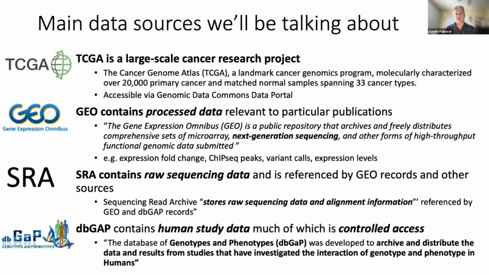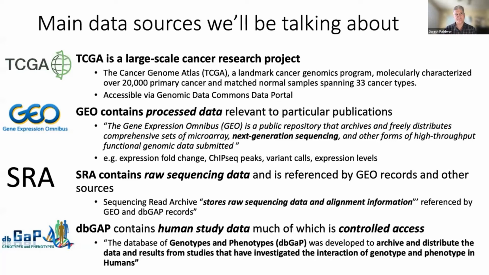Gene Expression Omnibus contains a lot of processed data relevant to particular publications. In general, publications which have sequencing data are expected to deposit that data in GEO and through that to SRA, the Sequence Read Archive. And that's kind of a hook into where you can get the data associated with a given publication. The Sequence Read Archive contains the raw sequencing data and is referenced by GEO records and other sources. So that's where you get the actual raw stuff that came off the sequencer,